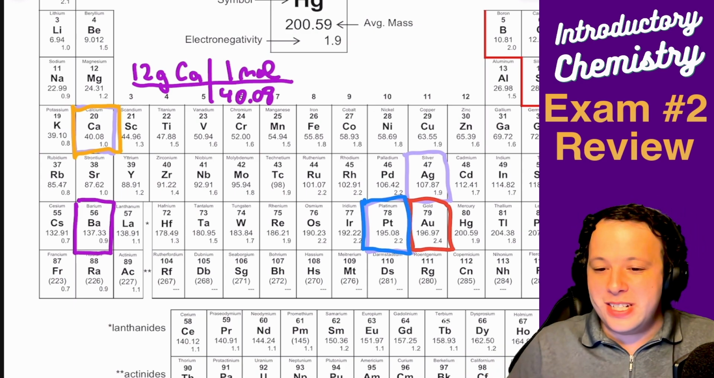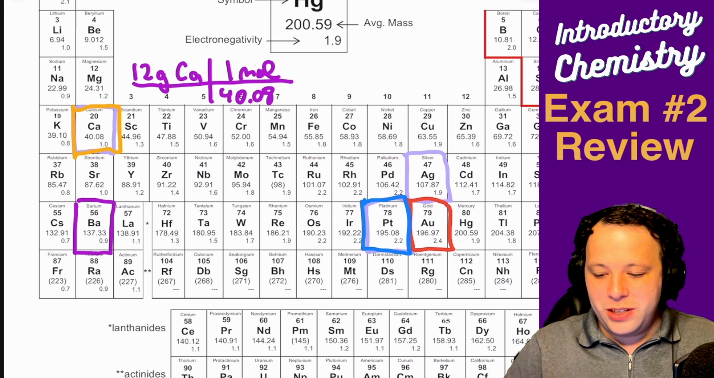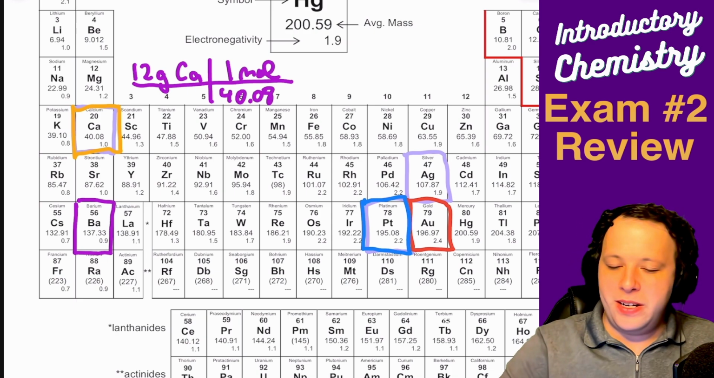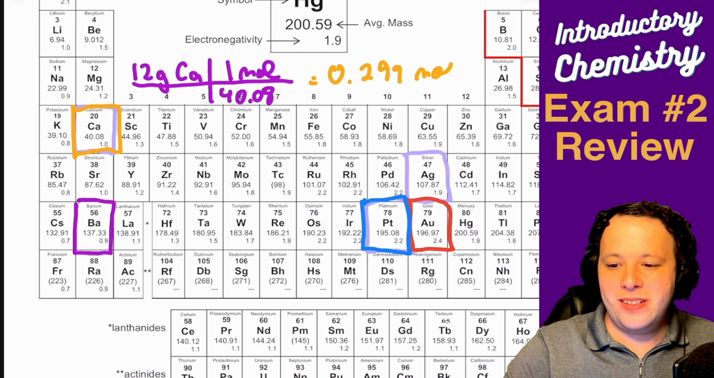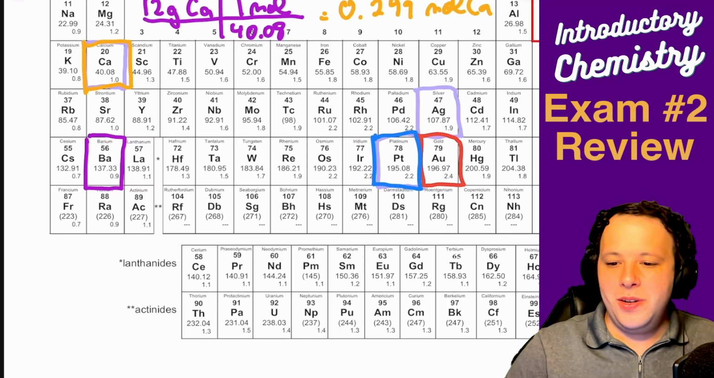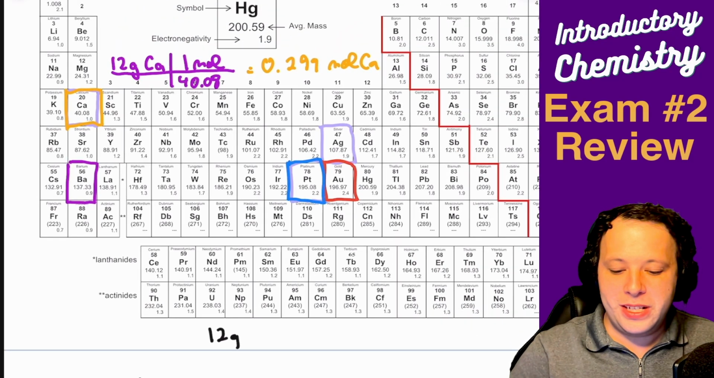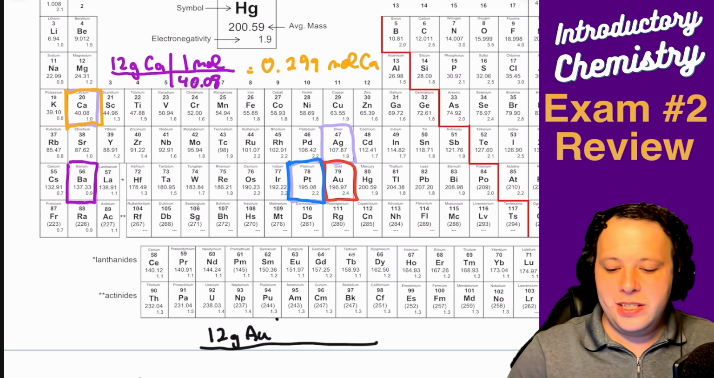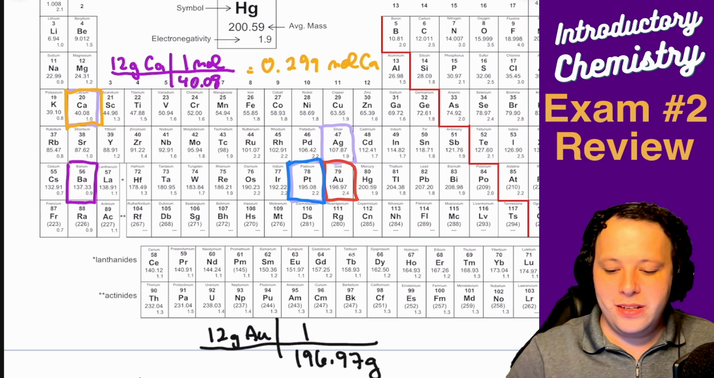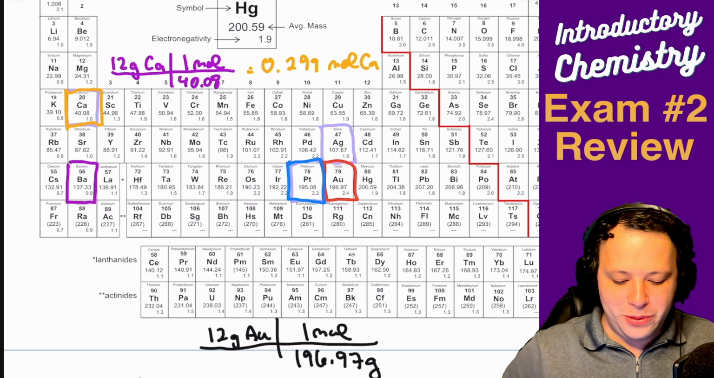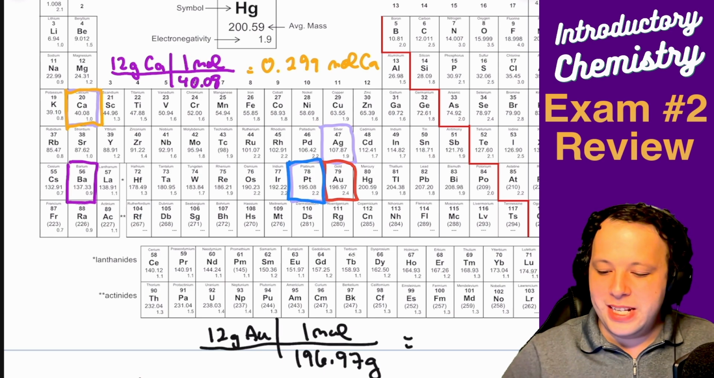It's going to be a bigger decimal value that's here. So if we take 12 divided by 40.08, it's going to be about 0.299 moles of calcium. Whereas if I do gold, that's going to be a lot smaller of a number. You take 12 grams of gold, divide that by its molar mass, which is 196.97 grams, and convert that to moles, and you're going to see that it's going to be a lot smaller of a number. It ends up being